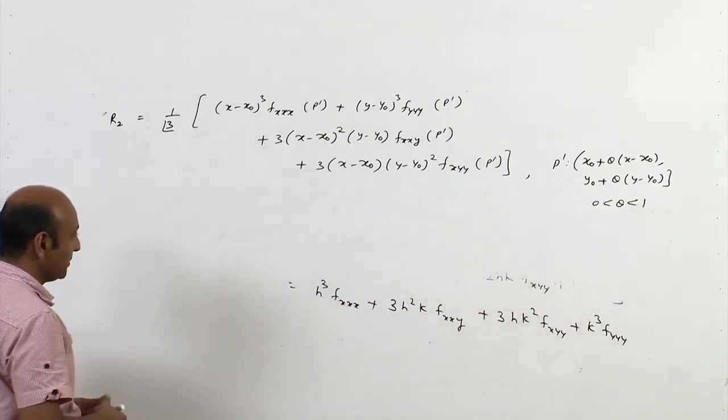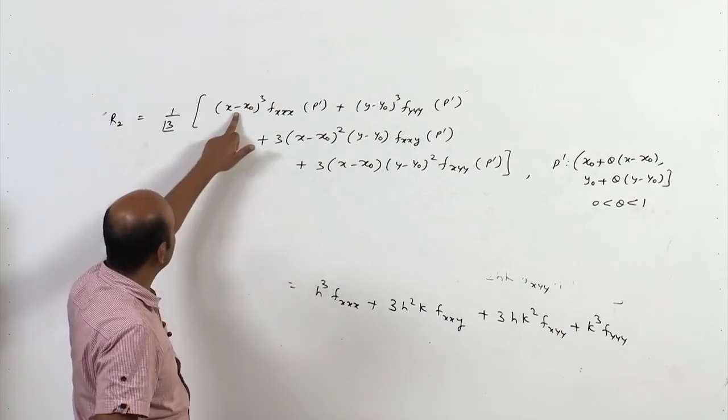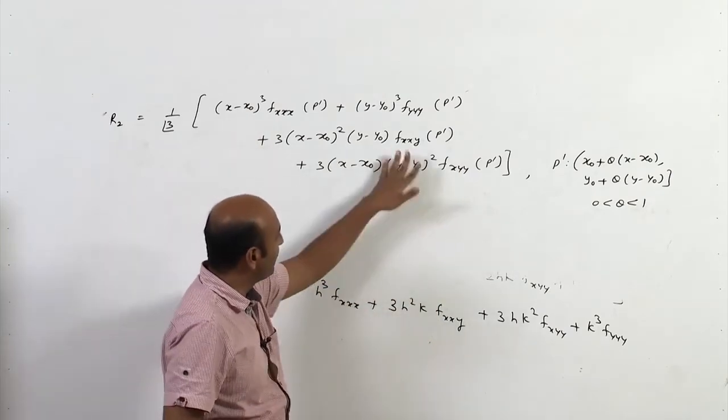So, simply replace h by x minus x naught and k by y minus y naught, you will get